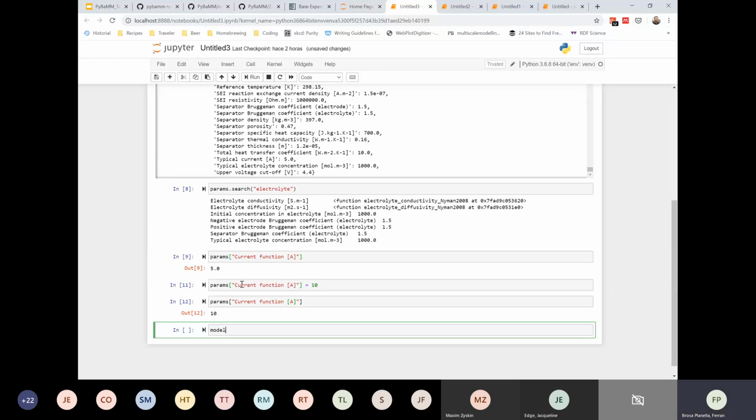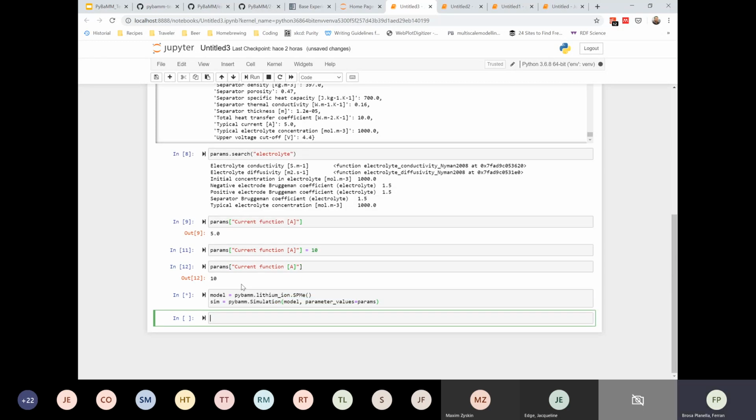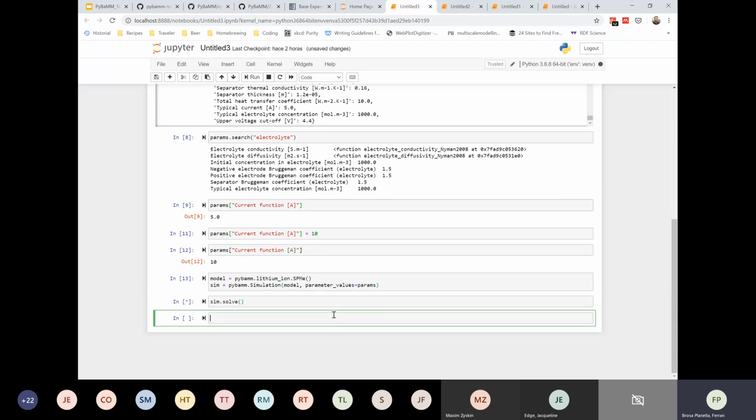So now I can go ahead and run my simulation. Let's say model, I'll use SPME now because I haven't used it before. Now we've seen all the different models. And I create my simulation. And again, like we did with the experiment, we need to say what are the things that are not optional. So in this case, the parameter values need to be the ones in params. So if we now solve the simulation